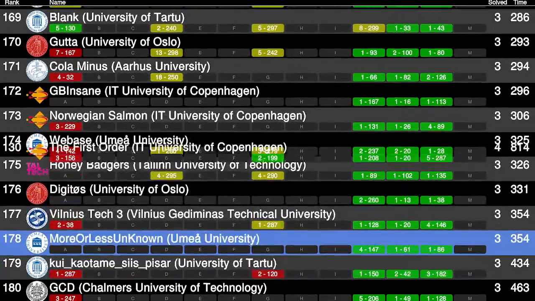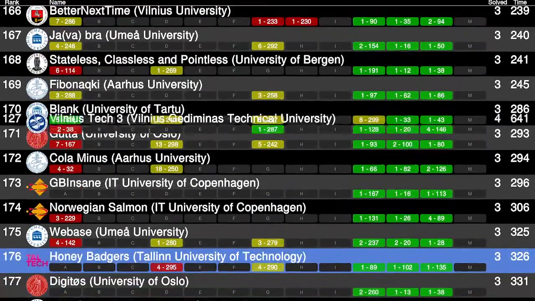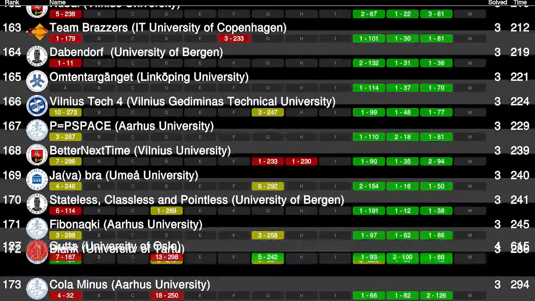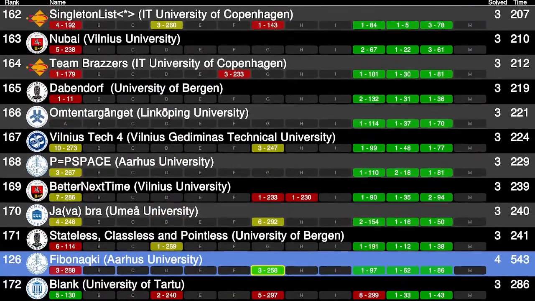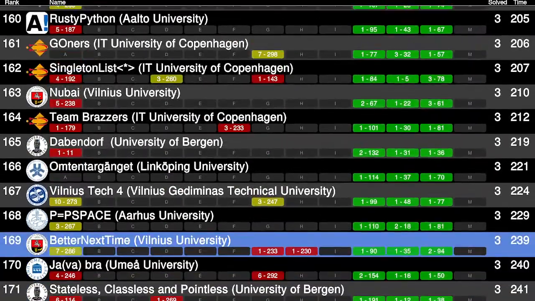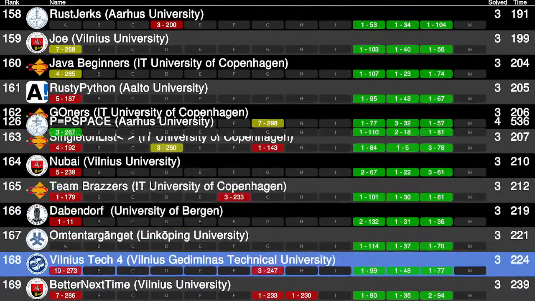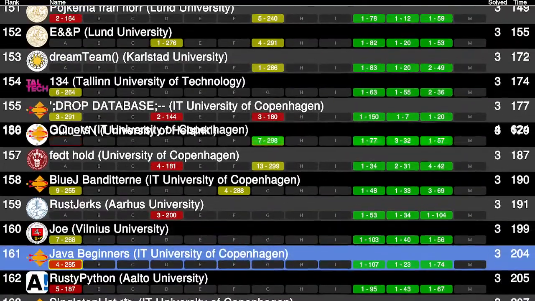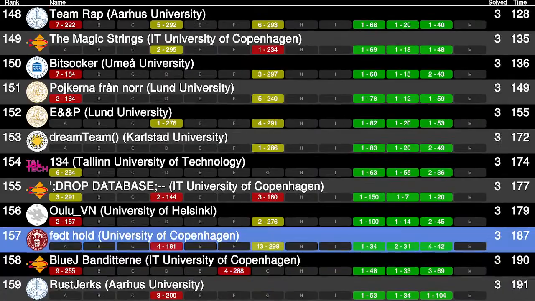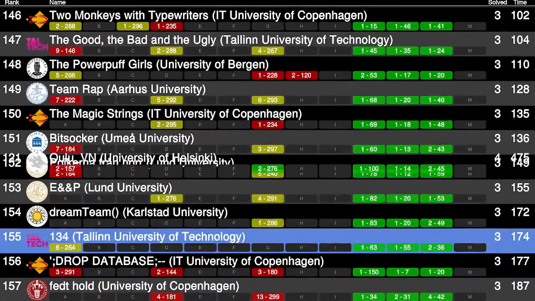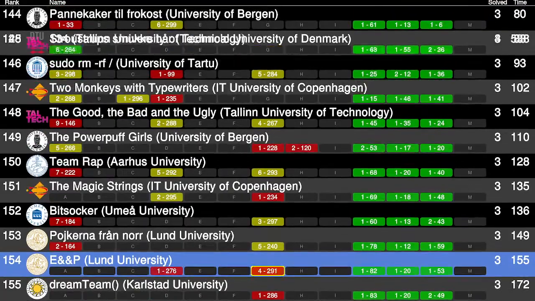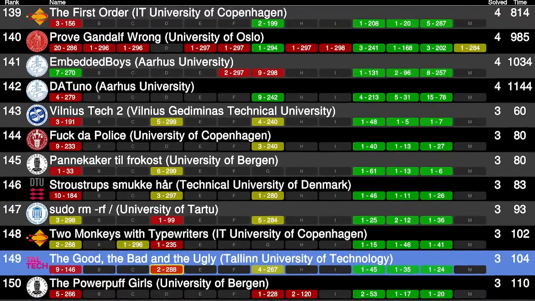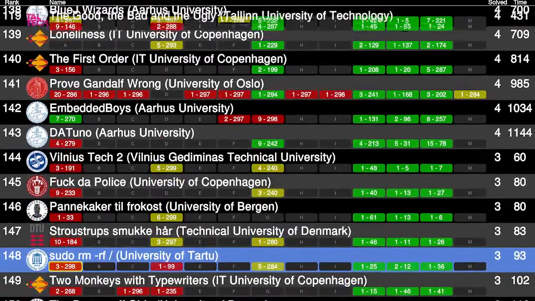GCD. I can't pronounce that. Vilnius Tech. Honey Badgers. Webbase. Norwegian Salmon is out. Gutta getting another one. Fibonacci. Also Java Bra getting another one. Not P-Space. P apparently is now equal to P-Space. This is news to me. Gunners, Java Beginners. BlueJ dropped database. Dropped all the databases. EPMP, Poikene från Norr, Beat Soccer, Team Rap, Powerpuff Girls, Good Bad Ugly, Monkey on Typewriters,